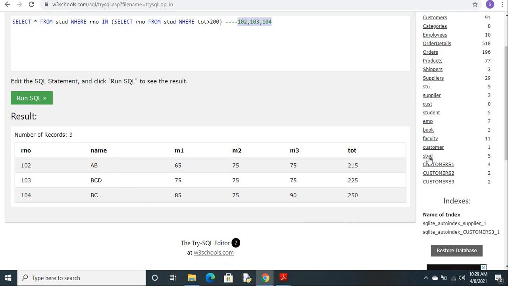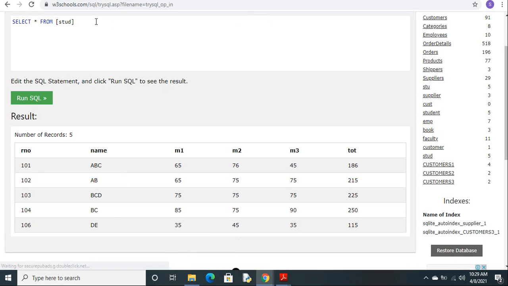So I have this student table. Create stud underscore BKP, backup.